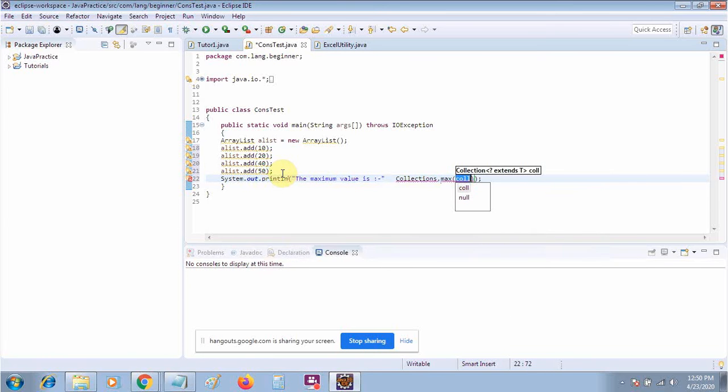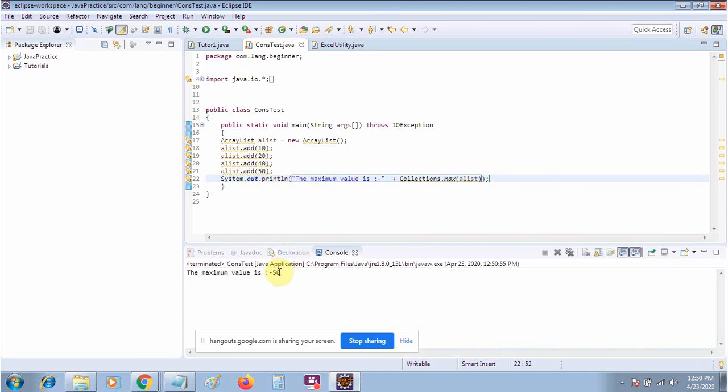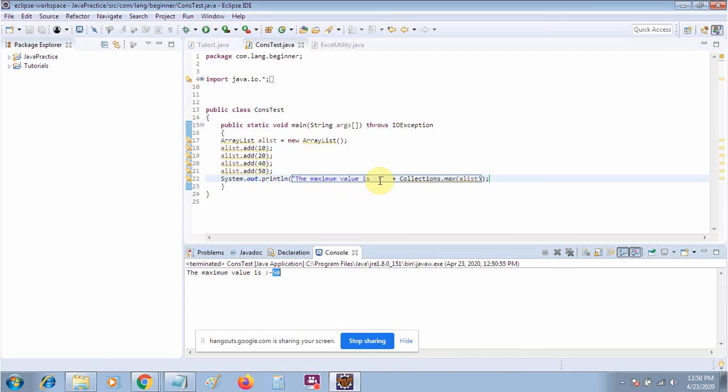For example, I will use the max method, and here I will give my list name. Spelling mistake, I think. We have to add the plus operator, this one. Now I will run this program. You will see that whatever the maximum value is available in your list, it will be printed out.